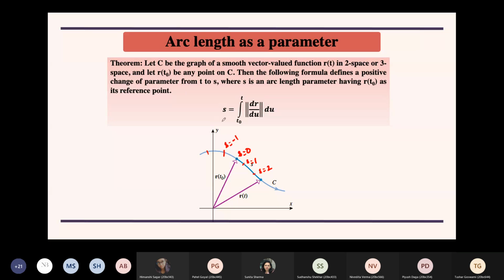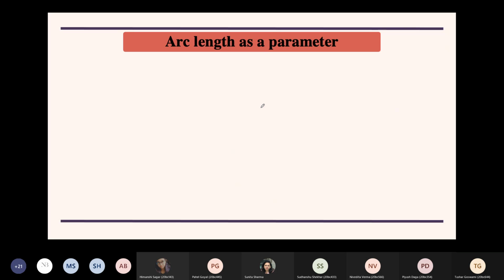So this is the formula to get the expression of s in terms of t. s in terms of t will be generated when you do this integration and you will get the answer. It will be obviously in terms of t because when you integrate and then apply the limits, you will have this t coming into the picture. You will apply the upper limit, so this t will come into picture and you will get this expression in terms of t. I'll then take an example.